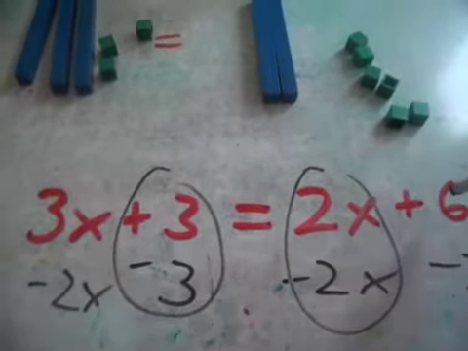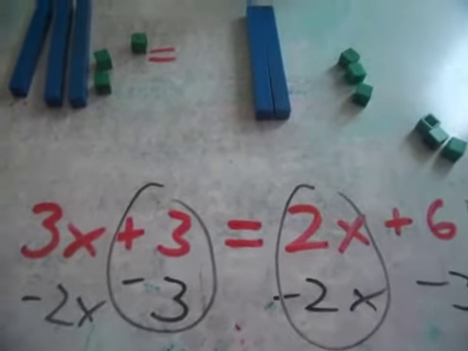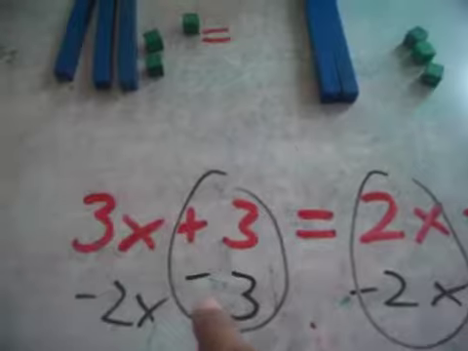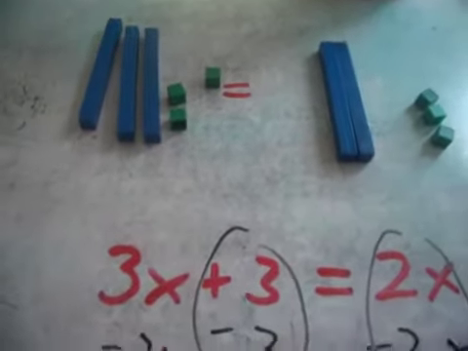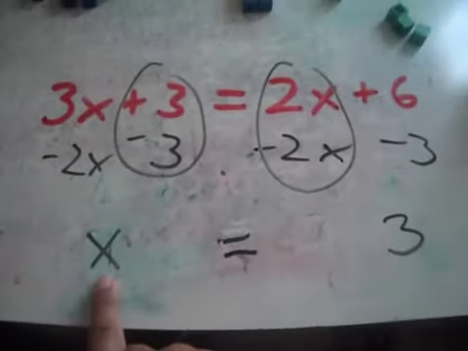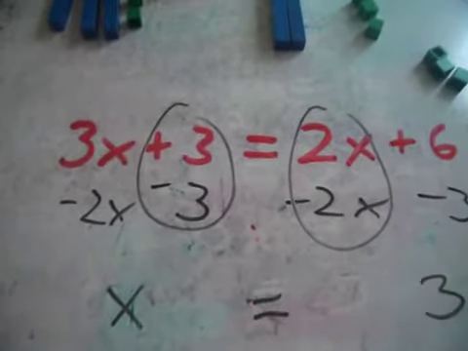Hero 0. So if I take 6 and I take 3 away from that, how many's left? 3, right? And if I take 2x away from 3x, how many's left? 1x. So it says x equals 3, right? Okay, so if x equals 3,